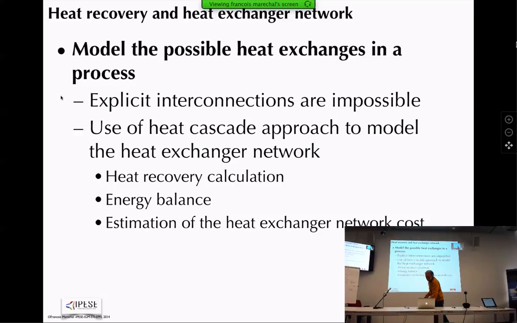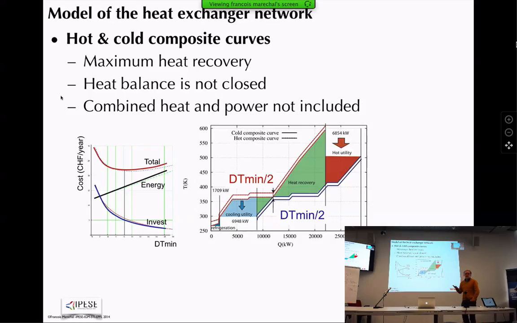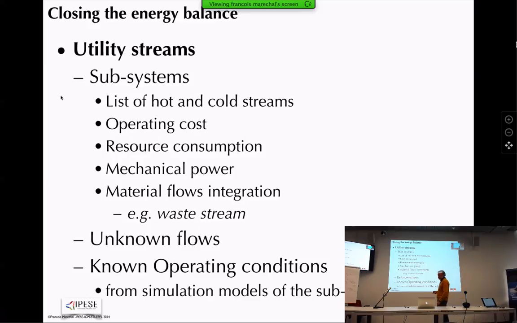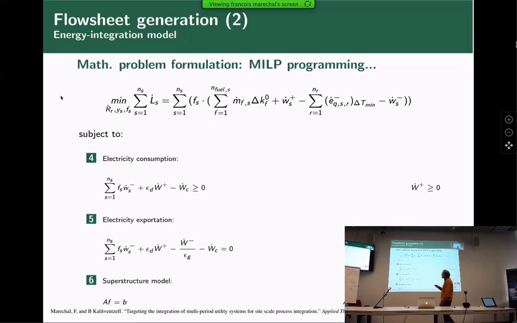Okay? So for defining the heat recovery, I know that the heat cascade is a very good solution. And in addition to this, I have shown you the technique to calculate the combined heat and power production and how we can close the energy balance by using the mixed integer linear programming formulation of the heat cascade. Okay? Which means that I'm introducing all the flows in the system, all the options, and I can use the optimization in order to decide which are the ones